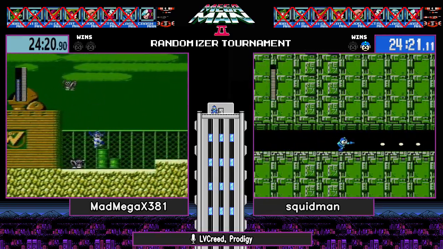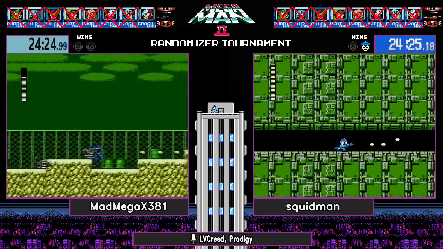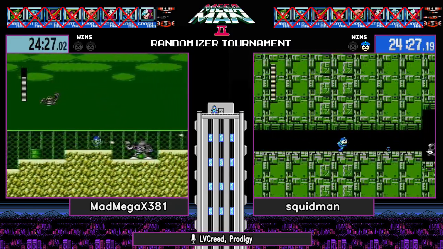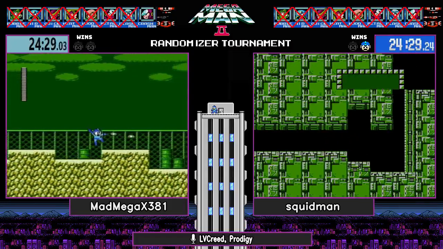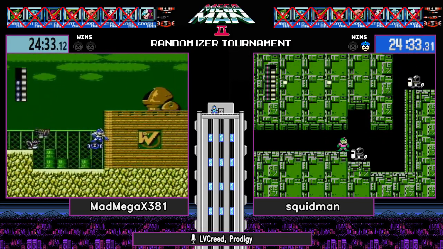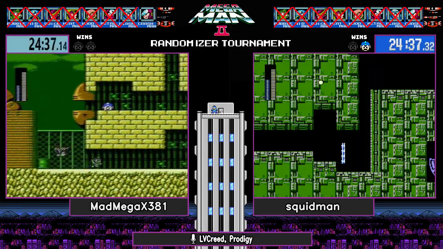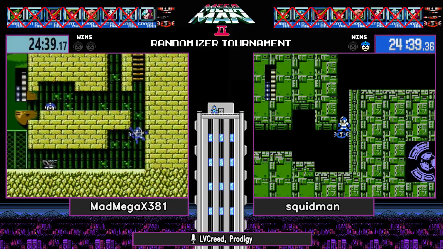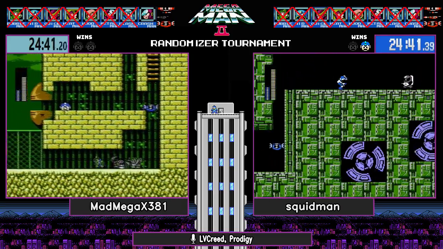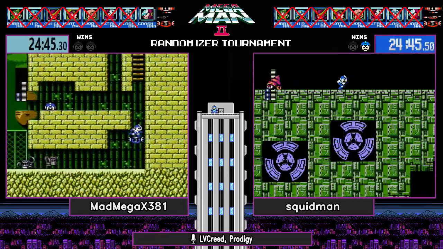MadMega having a little issue with the item 3 on the first long wall. You see, I found item 3 really awkward to use in the randomizer. It wasn't that awkward in the vanilla game, but here it's just really awkward to use it in these first couple of block sections that you must go through. It's just the setups of the enemies doesn't allow you much usage of the item 3 there, so...